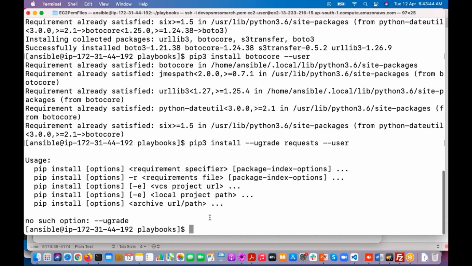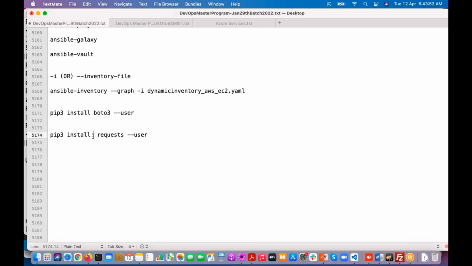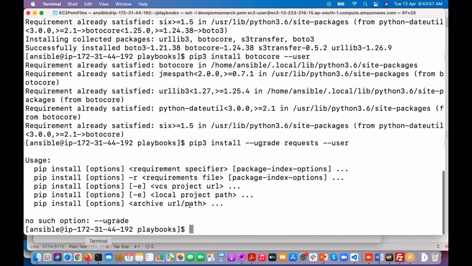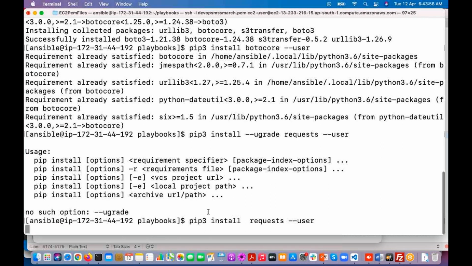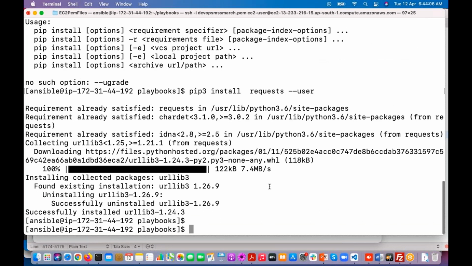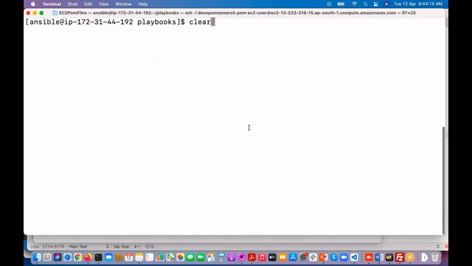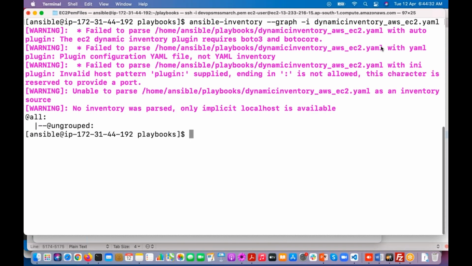Just execute this command also. Upgrade. Install requests. Okay. So now whatever prerequisites we needed are installed. Now you can execute that playbook, not the playbook, the YAML file, we can call it a YAML file. So we are going to use ansible-inventory --graph, and specify that YAML file. So still it is saying that failed to parse, plugin supplied invalid host pattern,